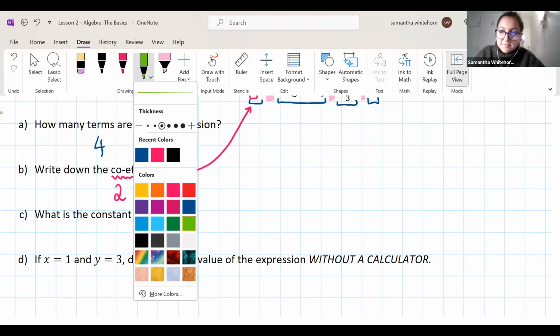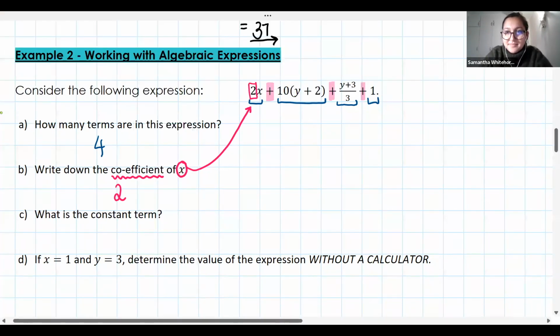A constant is a number that stands alone and has no variable. Excellent. So guys, what's a very important term? A constant term, ma'am. Good. And which is our constant term here? It's 1. Good. Excellent. So guys, remember, and I've just said this, it's so important that we can identify our